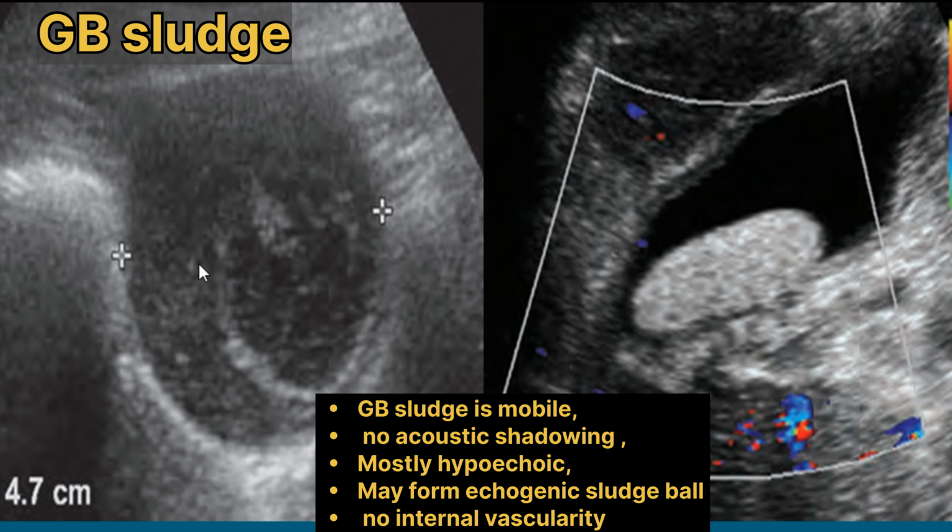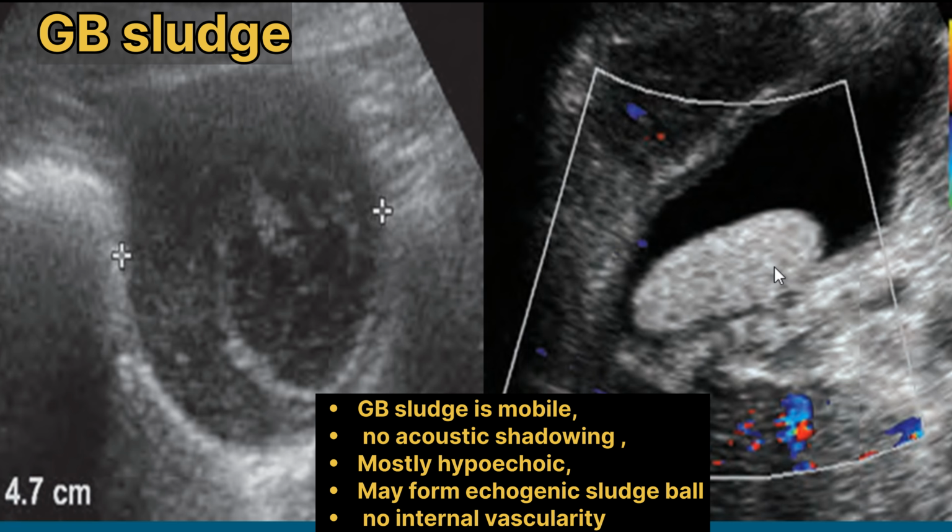Now in this sonogram, we can see the membranous sludge. This is a transverse view that shows an enlarged gallbladder lumen, that is containing typical sludge, as well as the sludge that is simulated sloughed mucosal membranes. Here this echogenic layer is the sloughed off mucosal membrane, so this is called the membranous sludge, and its measurement was taken from inner to inner portion of the gallbladder, that is occupying the whole of the gallbladder.